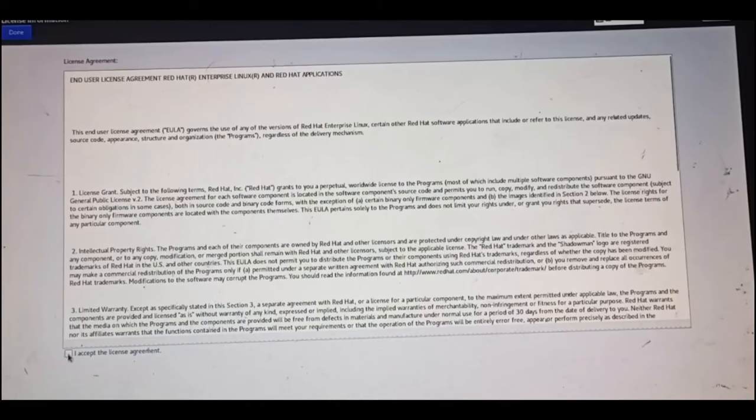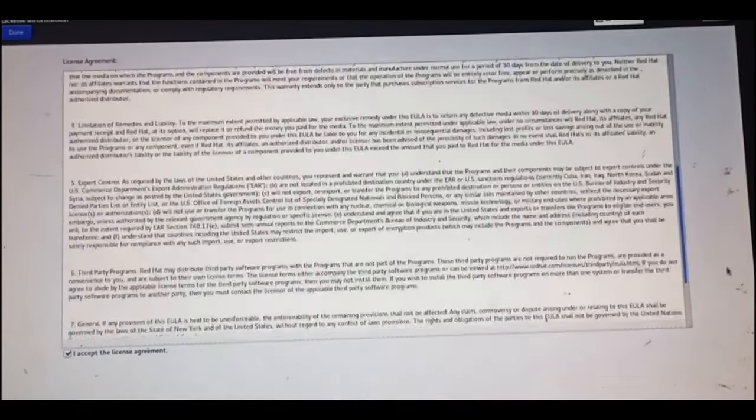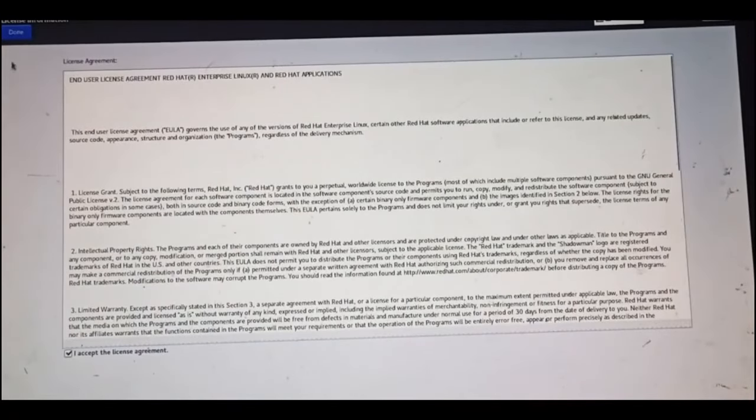Alright, so these are the terms and conditions. Just click on accept. Those are short terms and conditions, user license and everything. Then click on done. Then the subscription manager, like I said,